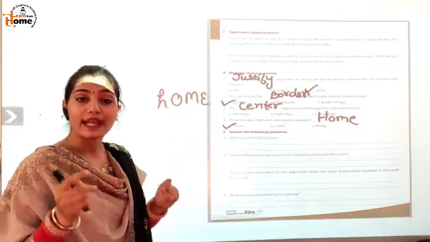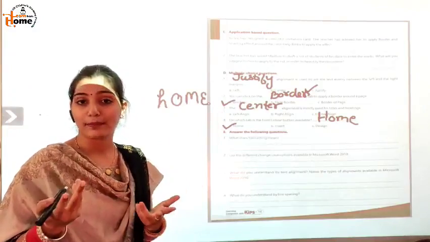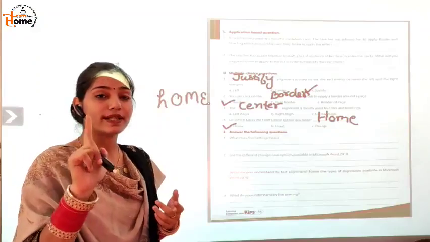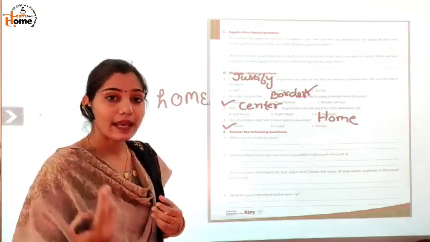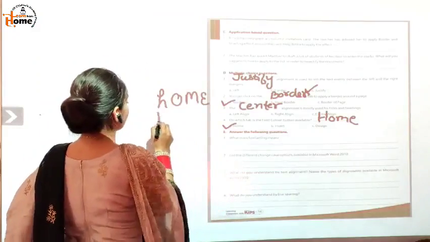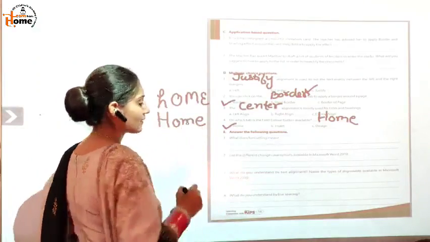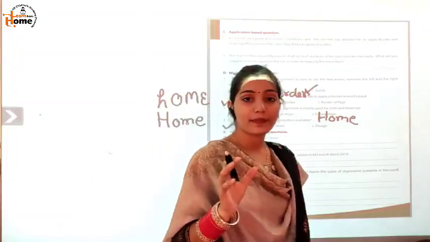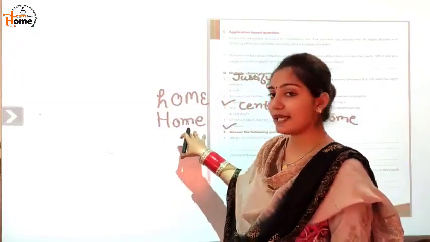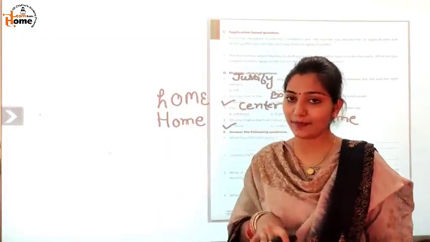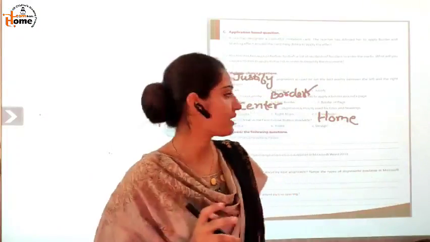Okay? And in capitalized each word, what will happen? If you have written a sentence, all the first letters of the words will be capitalized. In this, it will be like this. H capital and home. Okay? It will appear like this in capitalized each word, and in toggle case, it will appear like this. Okay? This is the difference between two. Next